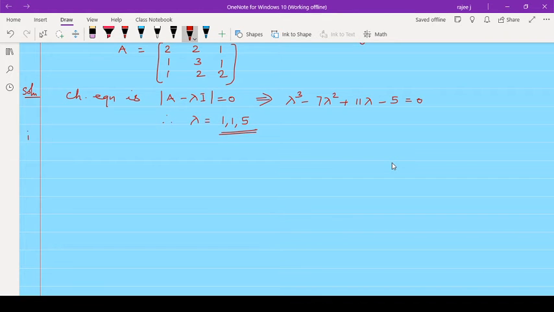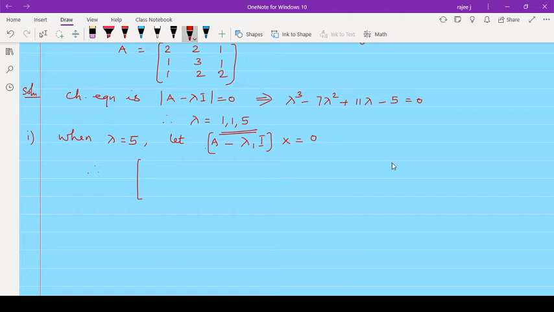We will solve when lambda is equal to 5, which is non-repeated. I am doing that first. When lambda equal to 5, let the eigenvector satisfy the equation (A minus lambda 1 into I) x is equal to 0, where x is the column matrix x1, x2, x3. Here also, first what we will do is subtract 5 from the diagonal elements. Therefore, you will get this.